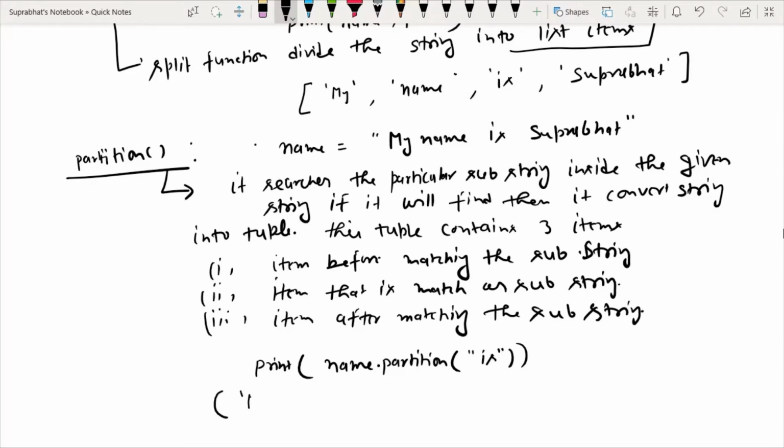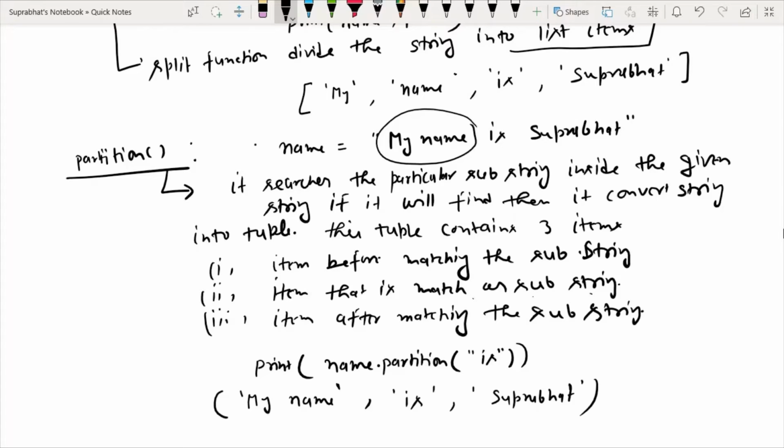First one is my name, and the second one is the matching item, which is age, and the third one is the item after matching the substring, that is Suprabhat. So it will generate output like this.